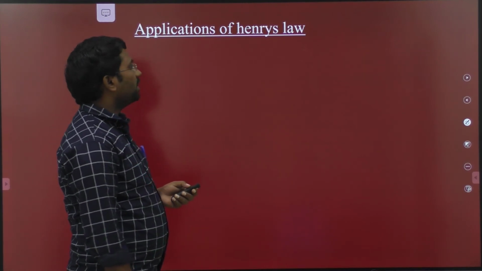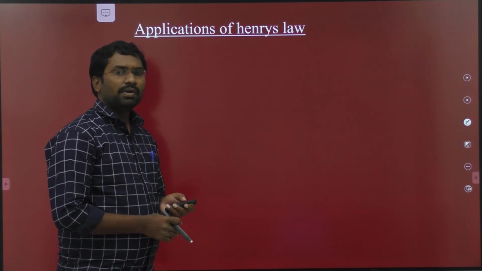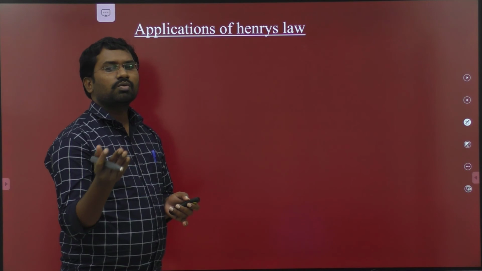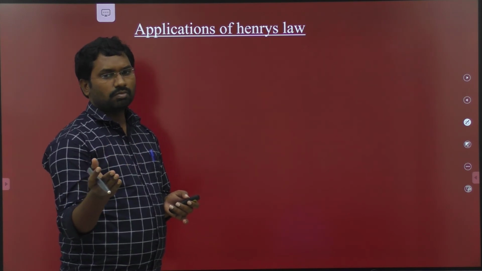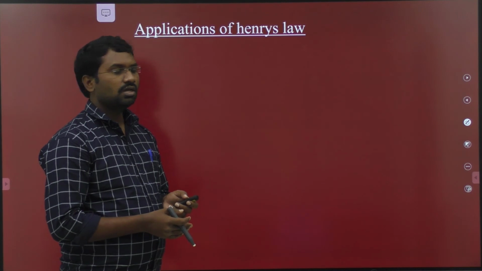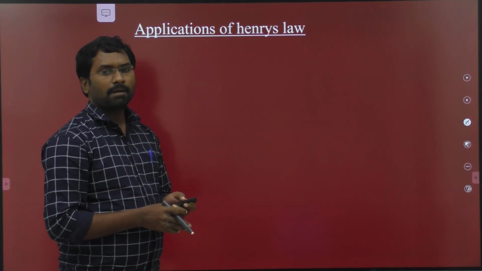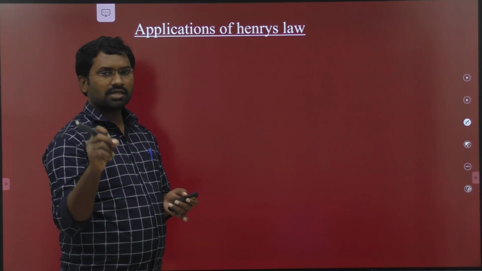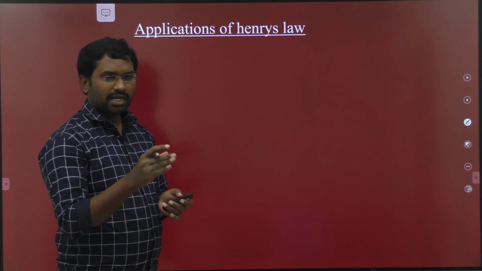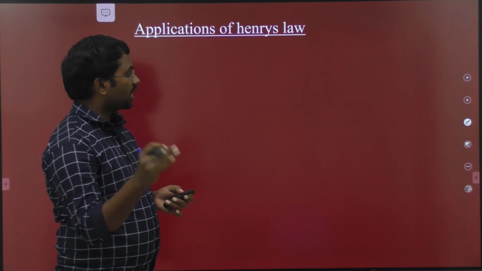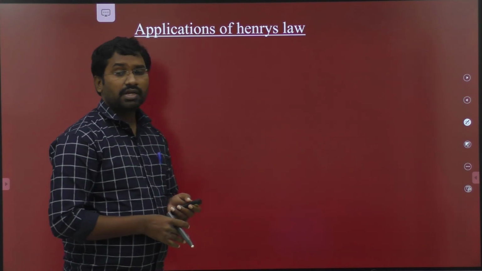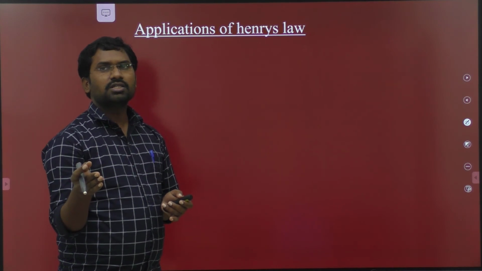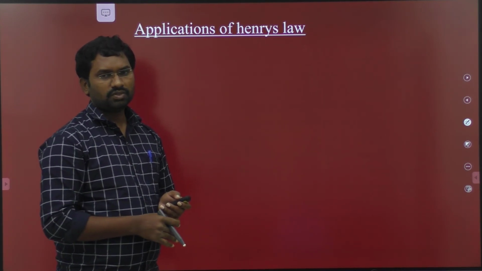And finally, applications of Henry's law. Before this, we discussed the definition of Henry's law and how we can graph the values of mole fraction and partial pressure of the given gas. We get a straight line which passes through the origin. A very important thing is that the least soluble gas has a greater KH. The gas which is soluble to a very small extent has a greater Henry's constant value. That is another important thing about Henry's constant values. Different gases have different Henry's constant values in different solvents.